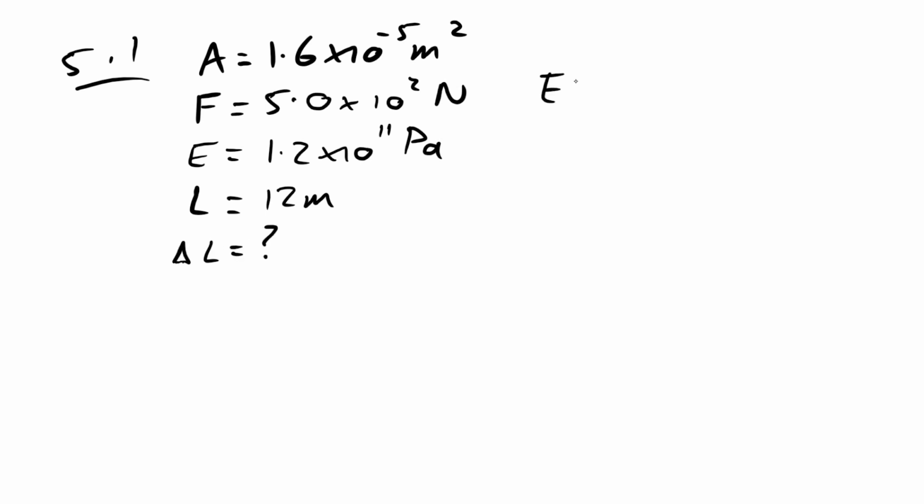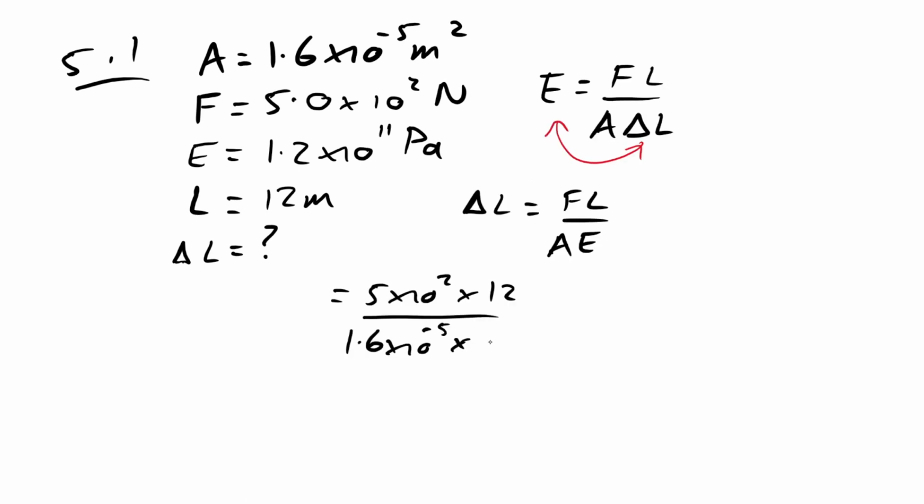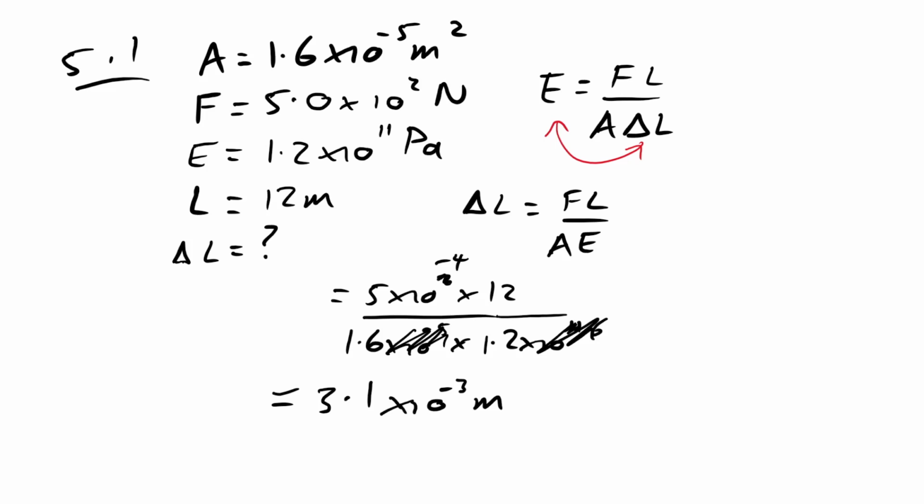So let's crack out the Young modulus equation. If I want to find out delta L, all I have to do is swap them round. Let's cancel some powers of 10, why not? So we have on the bottom here -5 and 11. So actually, if we just take away 5 from 11, we end up with 6. And then we have 2 on top, 6 on the bottom. So therefore, we can take 6 away from the top. So we can say that that is times 10 to the -4 on top. Could cancel it down further with the 12 and the 1.2, but I'm not going to. And it gives me an extension to 2 sig figs of 3.1 times 10 to the -3 meters, or 3.1 millimeters.